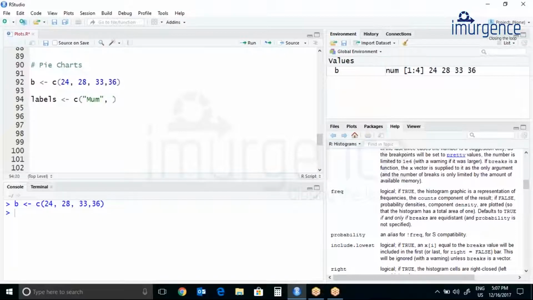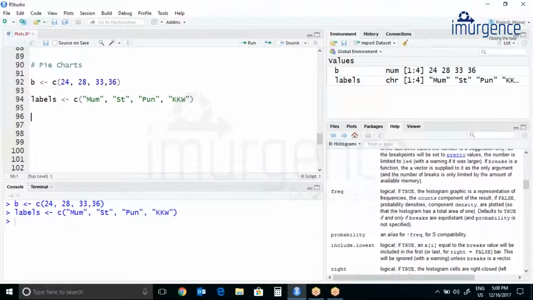I'm just putting 4 cities. Just 4 cities we have. Then let's hit Control Enter.